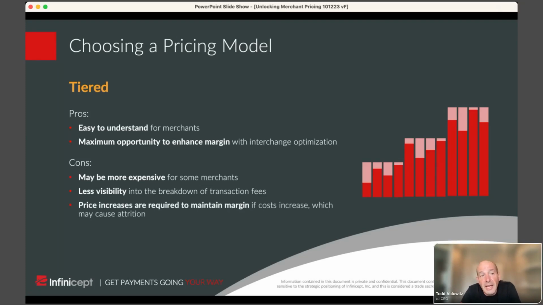And this goes into the same idea as the flat rate, where most of the people on here are learning how to set prices to merchants or wanting to know more about how these prices are set. So that's the vantage point I'm coming from. From your point of view, if interchange goes up, you are going to have to take a pricing action as these things move around. You might have to change what we call bucketing, which is what interchange level goes into what tier. You might have to change that. You might increase the amount of one or more tiers because of the changes in interchange.